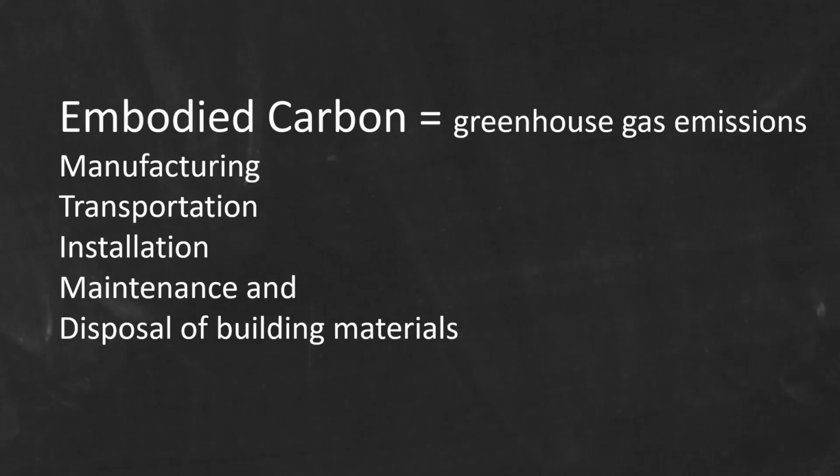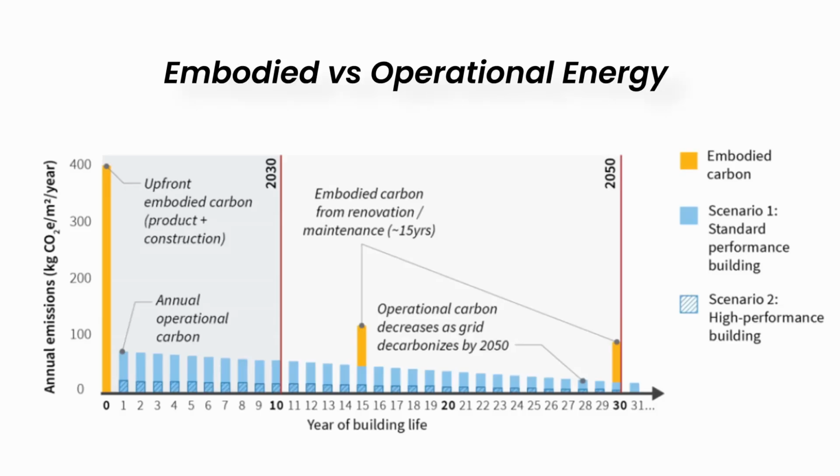The maintenance and disposal, right? Those are all part of that embodied carbon calculation. Next slide. So what does that mean when we look at it over many, many years? Say we build a building here at year 0, and then we actually use that building. So this is the embodied carbon of the building, the manufacture of the building, and here is the annual operational